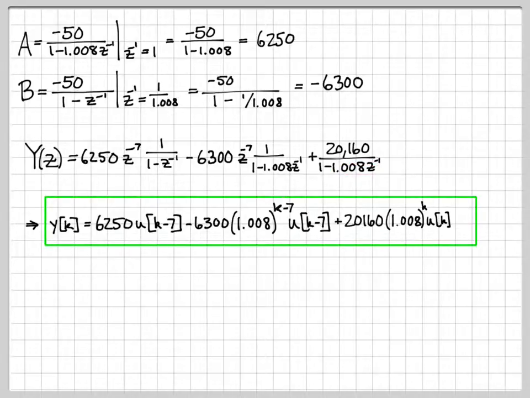I have solved for y of k, I have solved the difference equation, and I did it by using the unilateral z transform. I took my original time domain difference equation into the z domain, used algebra to manipulate my expression to solve for y of z, and then I inverted that y of z expression back to the time domain to solve for y of k. And you can use this approach to solve any type of difference equation. Depending on the order of the difference equation, the algebra you have to work through might be a little bit more tedious or complicated, but this strategy of using the UZT is a really good one to use when you are trying to solve